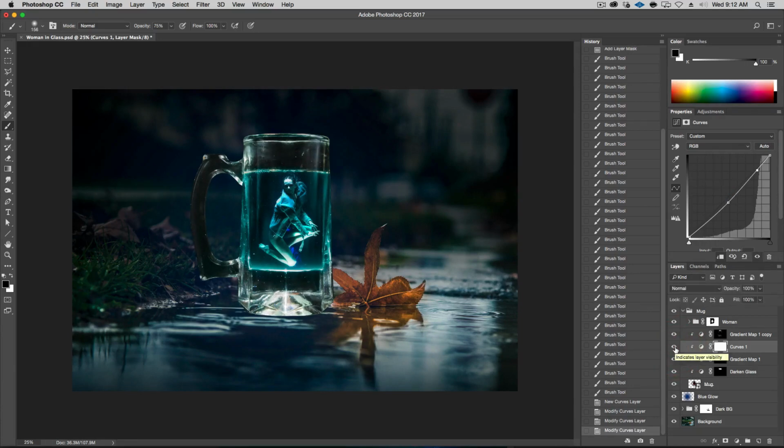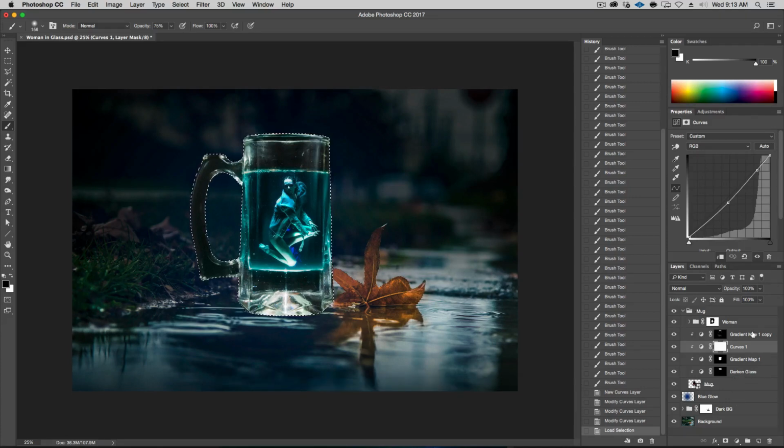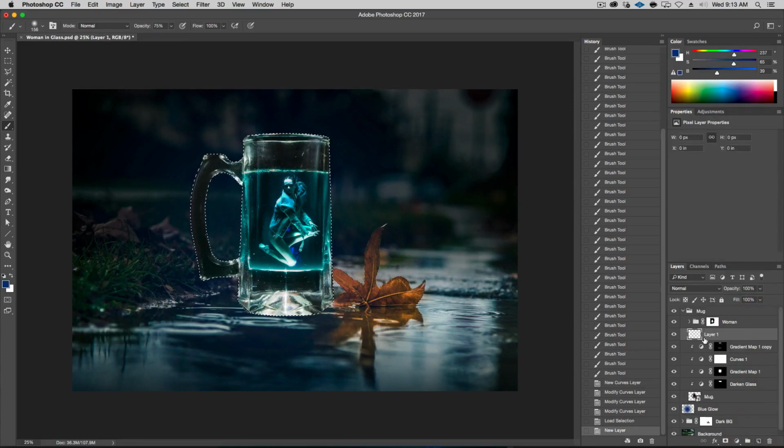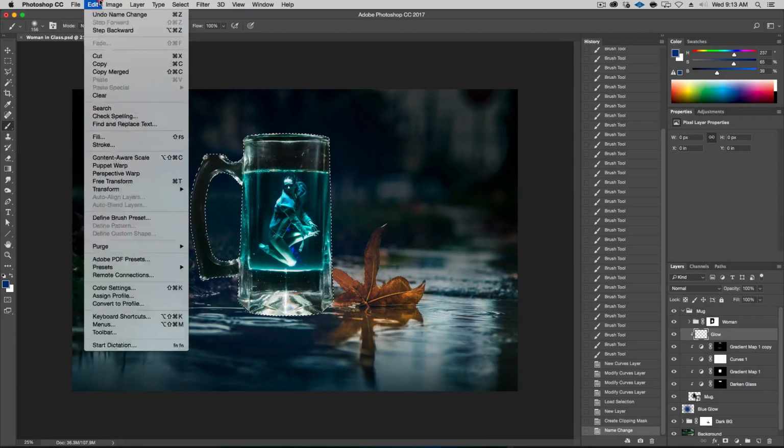All right, we're gonna do some more edits to improve this even further, but for now I'm pretty happy with that. So, okay, another thing we're going to do is add a little bit of glow. So to do that, we're going to command click on the mug layer. What that does is it selects all the pixels on that layer. So in this case, just the mug. Okay, and then let's just put this up at the top here. We're going to create a new layer and make it a clipping mask so it's on the mug. We'll call this glow.